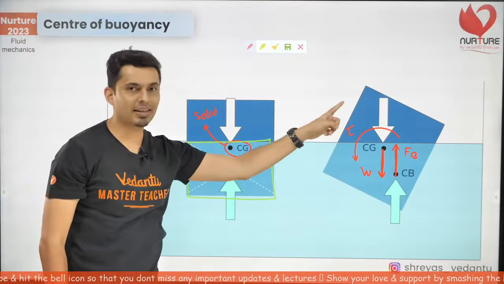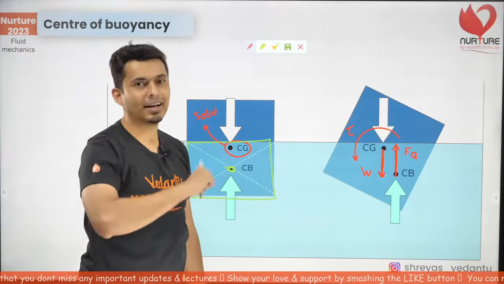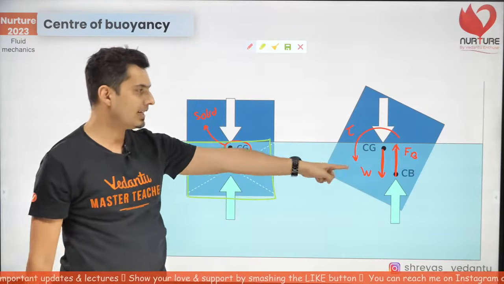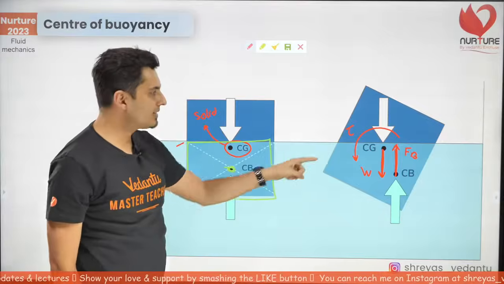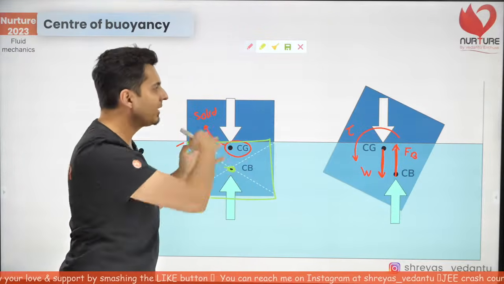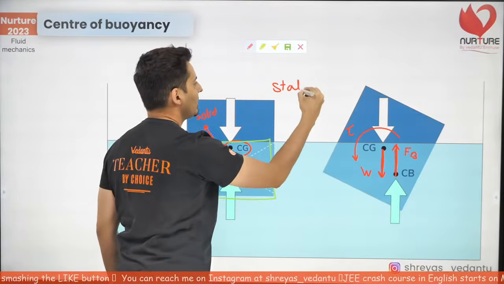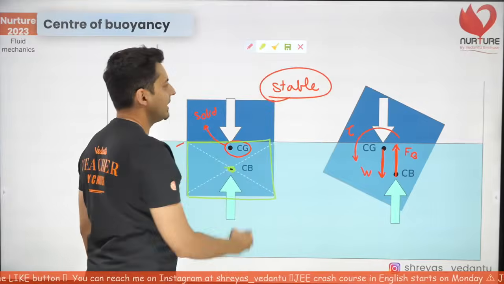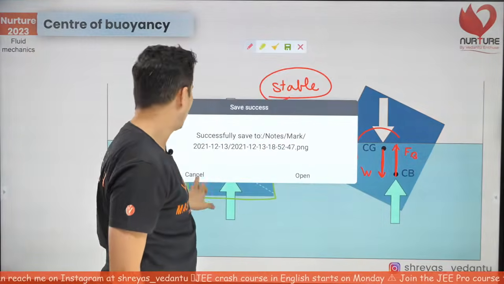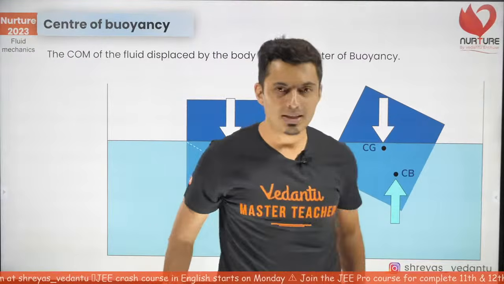That's why it stays as it is. Correct, Mukund? So this is the idea behind center of buoyancy. When the center of buoyancy is lower than the center of gravity, and when you tilt it, you will see that the torque produced by the buoyant and the weight force will pull it back to its original state, and it will remain stable. Keep this in mind. So that's what buoyant force is all about. Perfecto. Buoyant force always acts from the center of buoyancy.